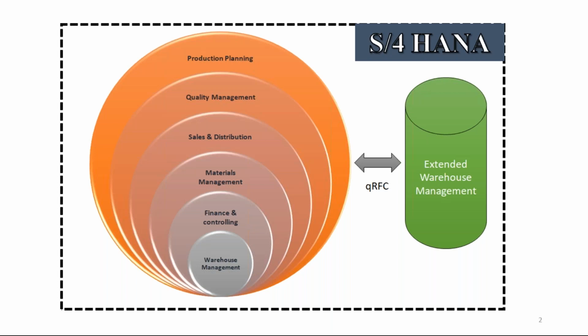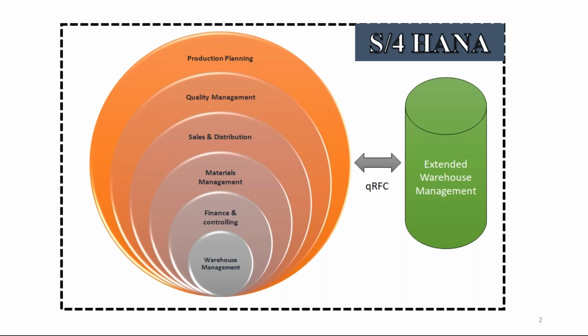RFC communication. And once you create the data, it generates a queue. Queue means it's a kind of IDOC. In case you are familiar with IDOCs, in IDOCs you have some structure and it carries some information from one system to another system. Same thing in queues also. A queue also has some structure. It carries some information from one system to another, from ERP to EWM as well as from EWM to ERP. So how the queue is generated is using some BAPIs.